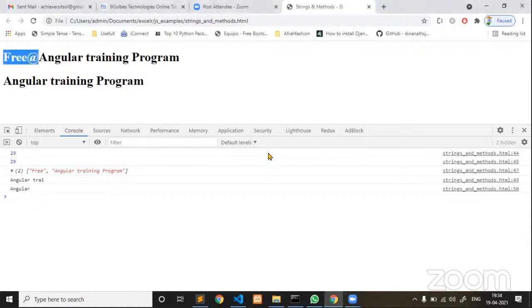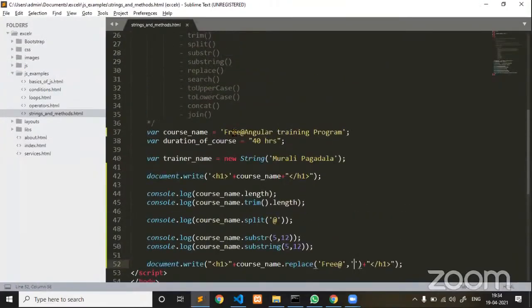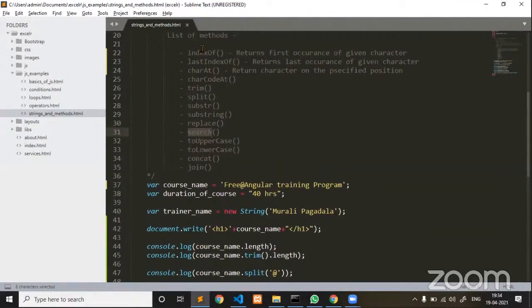Okay, next method. Let me start giving an example for search. Search also sounds like indexOf, but the only difference between indexOf and search is that search will also accept regular expressions as a parameter. Using regular pattern match, you can use patterns to search a string. You try to write an example for search, and let me write an example for concat. Uppercase and lowercase are very simple, so I don't want to write an example for those.